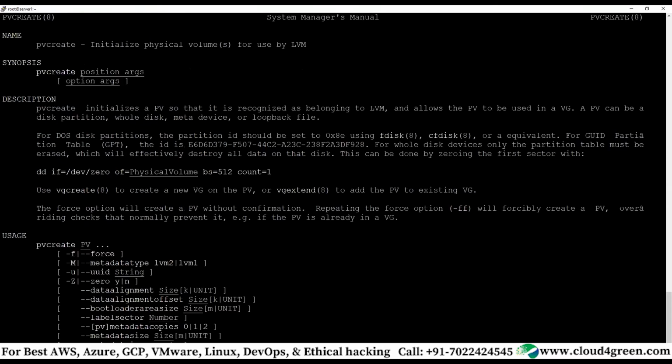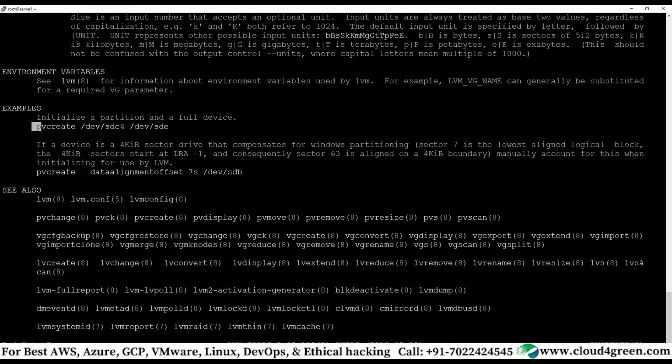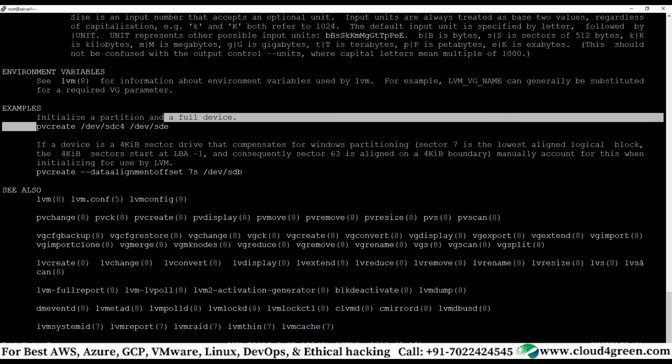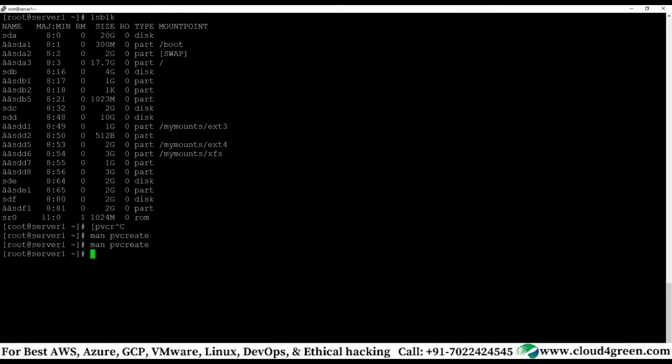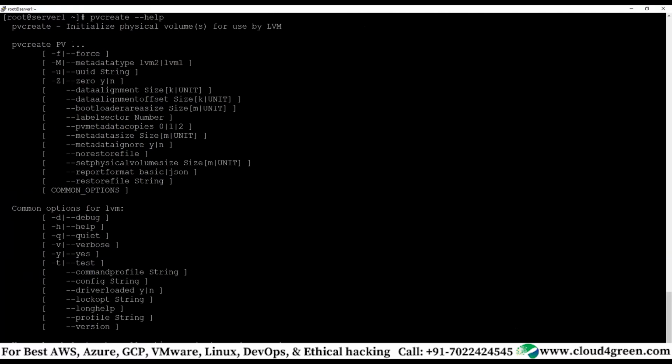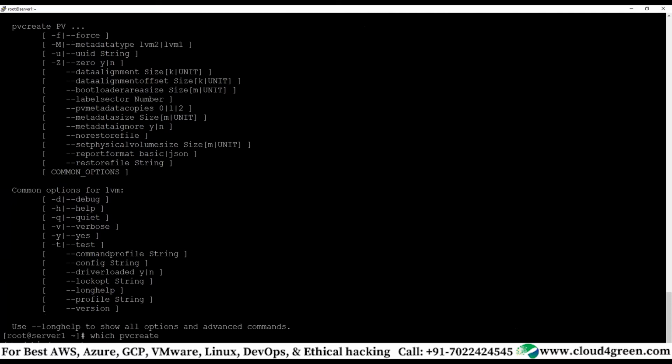So during the examination, if you forgot how to create a PV, go ahead and use this command. Replace this with your device. Don't replace exactly with these things. Okay. So now, or pvcreate --help. This is also important. Right? At least when you are using the first command once or twice, please ensure that you run these commands, which pvcreate. You should know where these commands are. The thing is, you should know how to use it rather than learning it by heart.